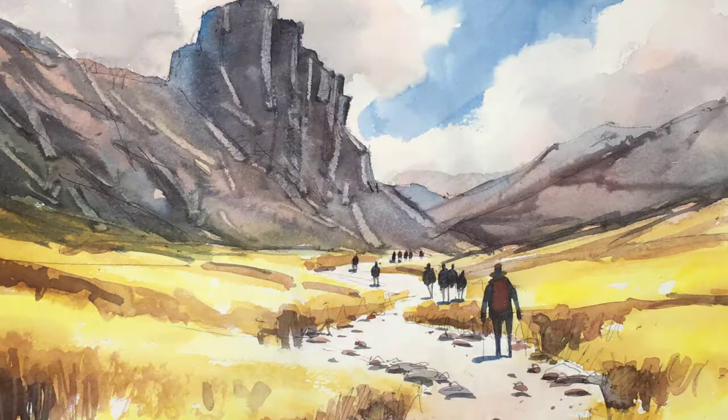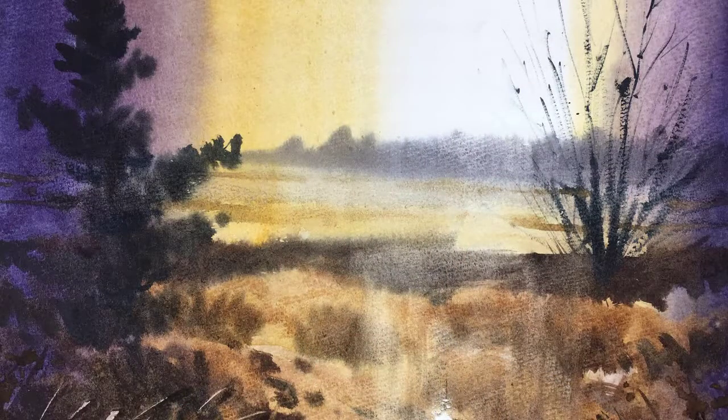For example, one time I was actually a bit depressed at the time. I'd just done an exhibition and I hadn't sold one painting, and after the exhibition I just drove off into this national park. It was a cloudy, rainy day which just matched my feelings perfectly, and then suddenly the sun came out and it was like hallelujah. It was just beautiful. Everything went from grey to like gold and white. It was amazing, and obviously I jumped out of the car, took quite a few photographs, and that led to